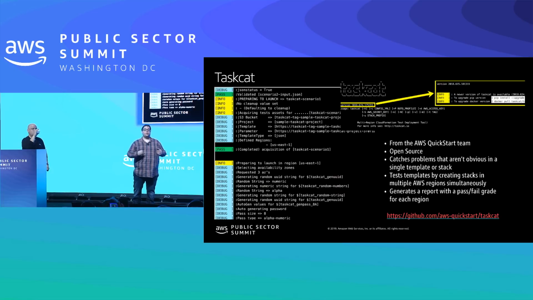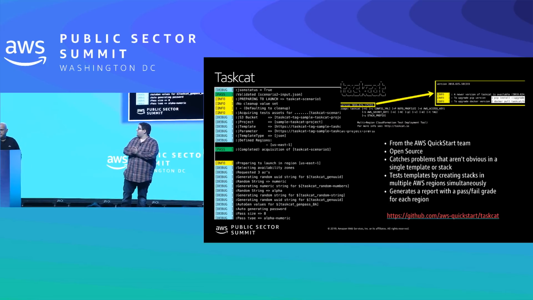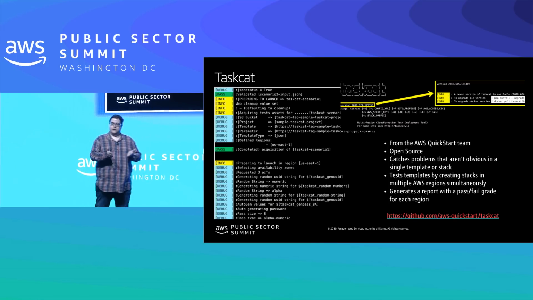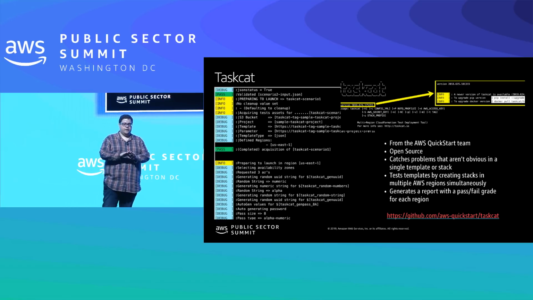You want to know that it runs. So TaskCat will take your template, it'll deploy it out with some fake name, you can pass it a couple fake parameters, it'll wait till it goes all the way through to complete, and then it spins it back down. So now I know my CloudFormation template has spun up and also then spun down successfully. It's really good to have it clean up after itself. If, for example, you make one that doesn't quite go all the way, it'll clean up after itself, go all the way back, make sure that it's a nice and clean environment.